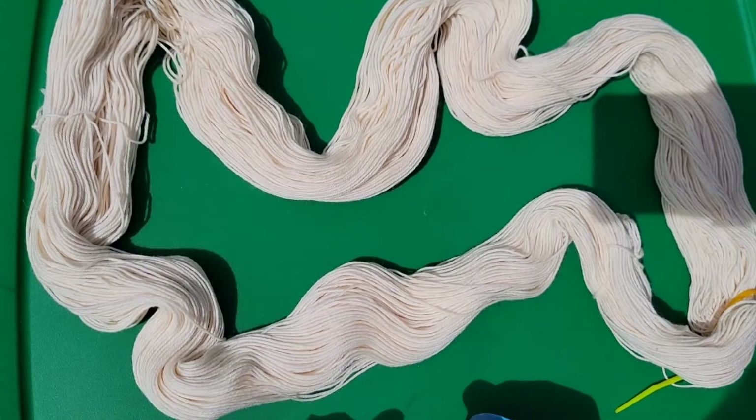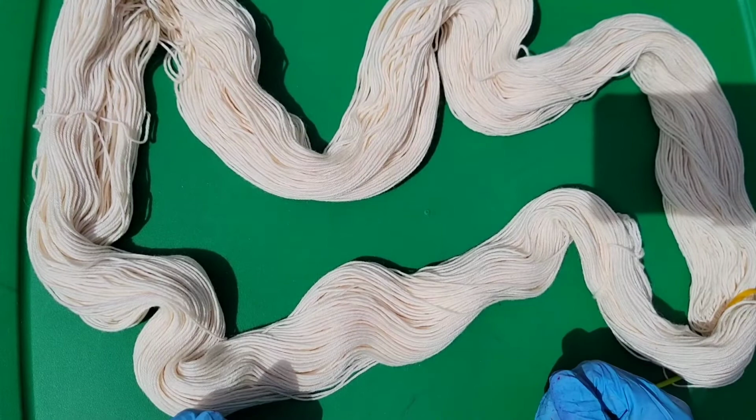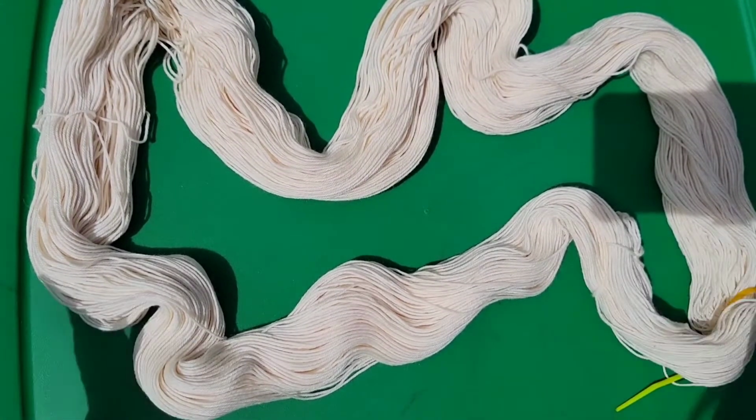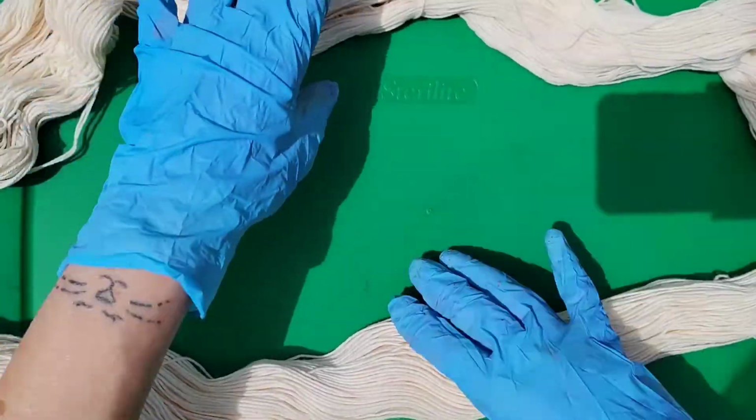I kept saying something else, soap, when I videotaped it, and I was going to use it as a mop, you know, and I didn't. So I'm going to attempt to dye this one as well. I didn't section it out, but...